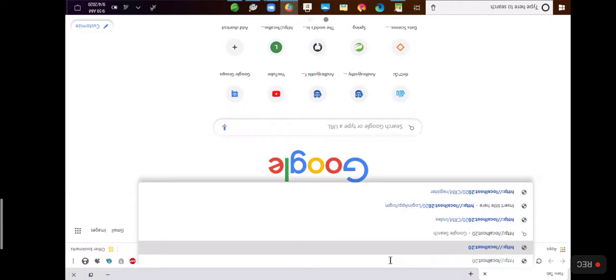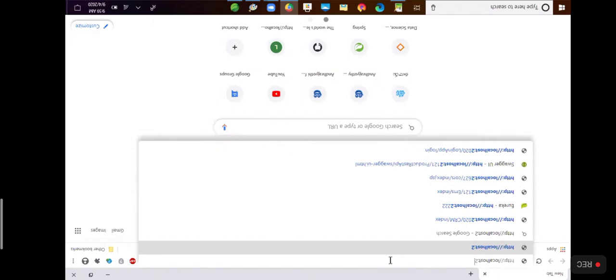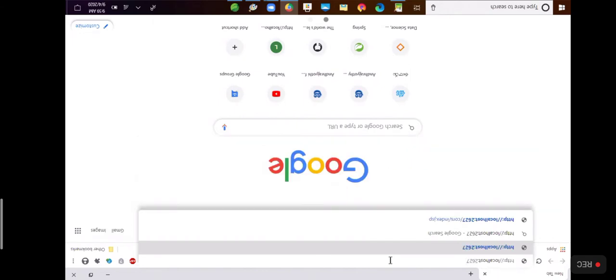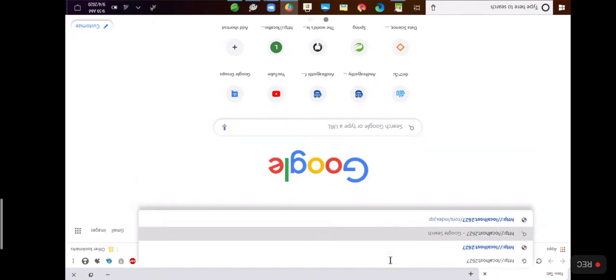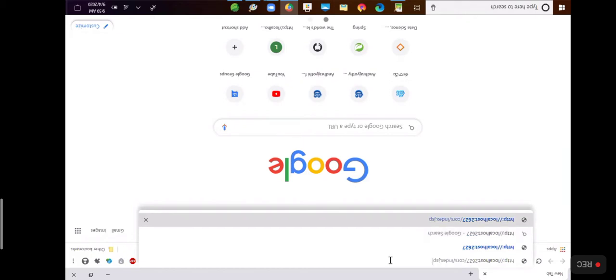We would like to send a request to the index.jsp file running on port 2627, /cors/index.jsp, right? I would like to press enter.